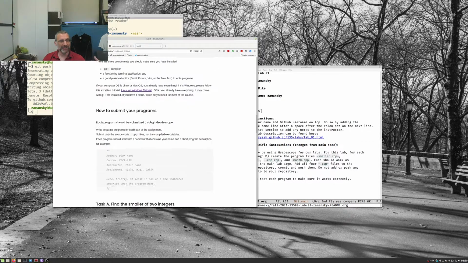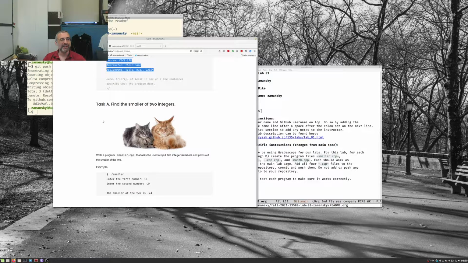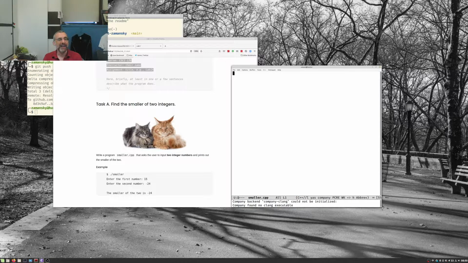So you can read all of this. How to submit your programs. You don't do that. We don't use Gradescope. So find the smaller of two integers. So write a program called smaller.cpp. So I'm going to go into smaller.cpp,